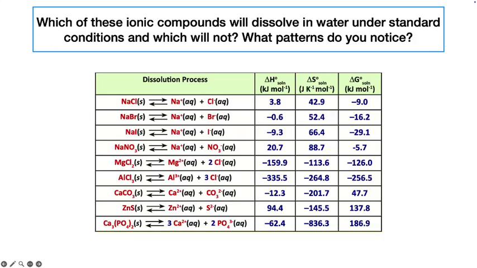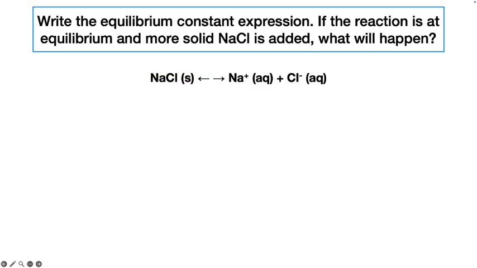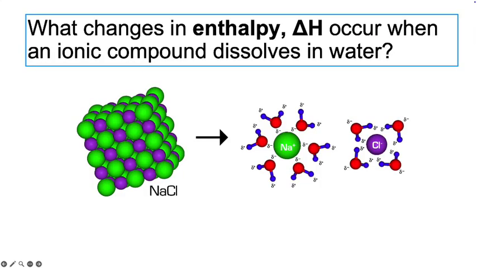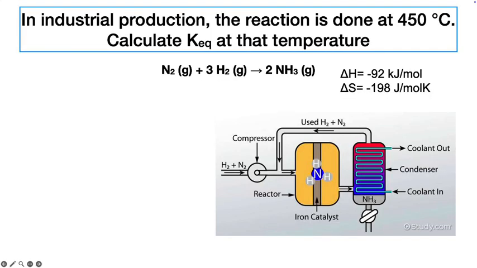Kind of wanted to talk about this dissolution process. Remember when we talked about this, the dissolving early on with our entropy? We said, what did we have to break? What we had to break was the ionic crystal lattice. This is now going through and talking about quantifying that process. Okay, so you're seeing lots of delta H's and delta S's for individual dissolution processes. Okay, and what they're talking about is what's happening to the kind of force energy as you break them apart. Okay? So you start to break apart those ionic interactions in favor of ion dipole interactions. Okay? And then more,